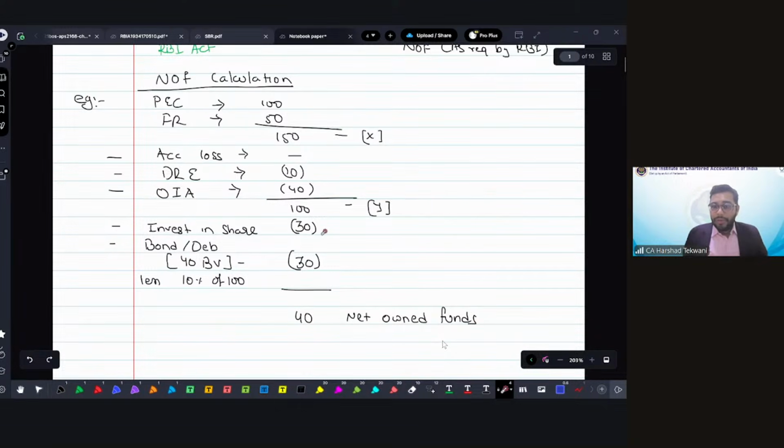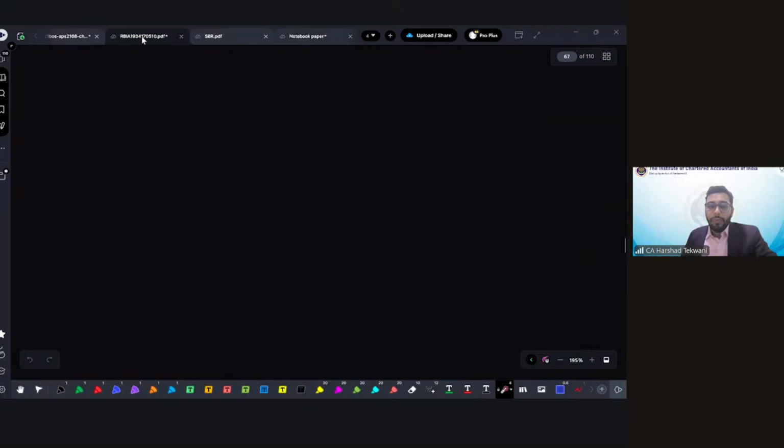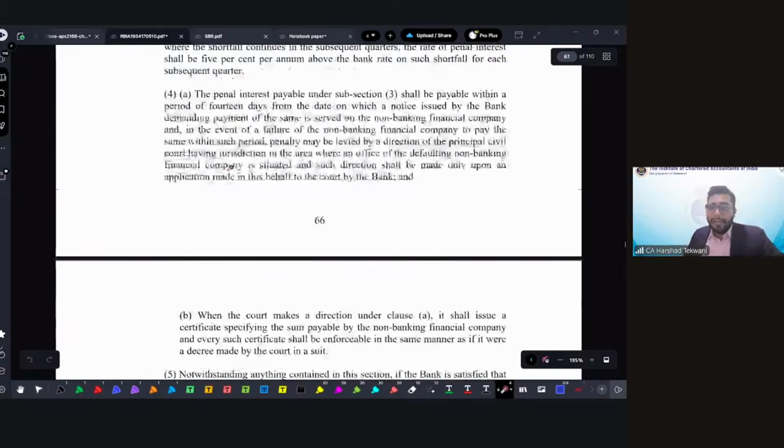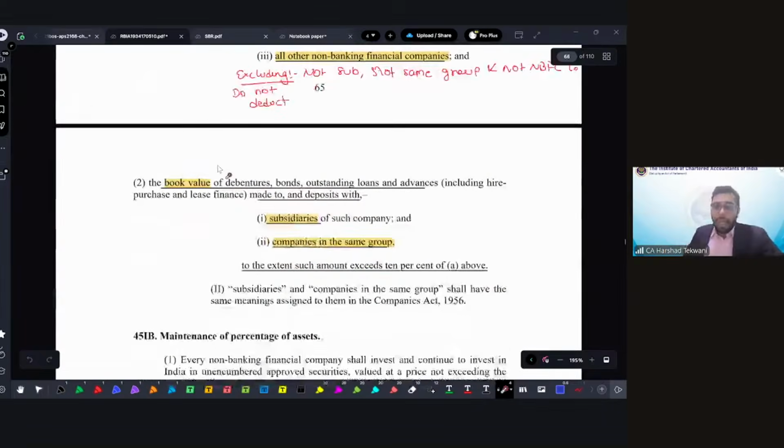Now, once you receive this Y amount, you need to reduce the amount that you have invested in shares of subsidiaries, same group companies, and all other NBFCs. That is the one amount, investment in shares. When I talk about bonds, that's where the complications start. With respect to the bonds, when we have to deduct the amount with respect to the investment in bonds of the subsidiaries and same group companies, remember one thing here,